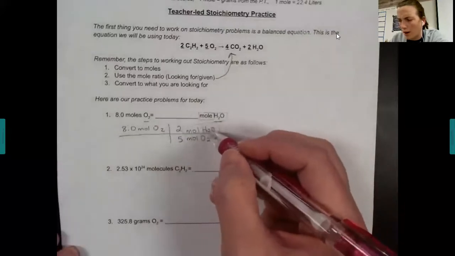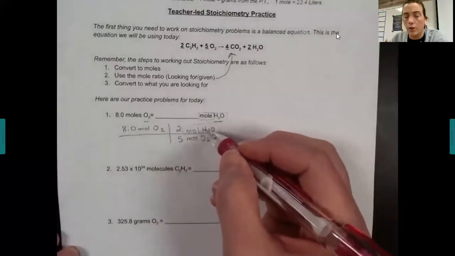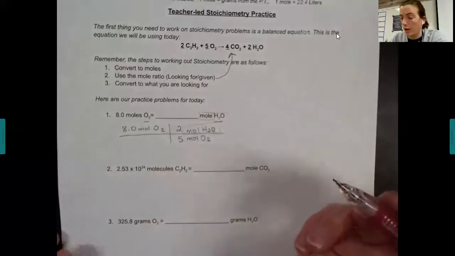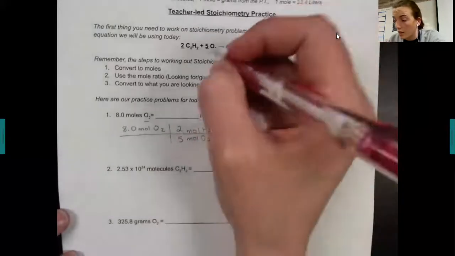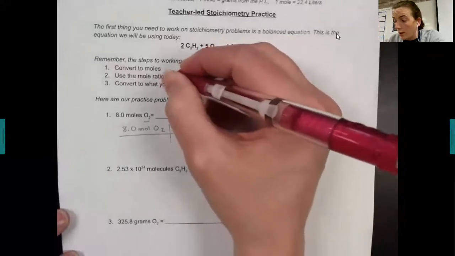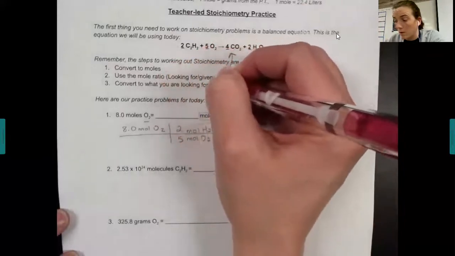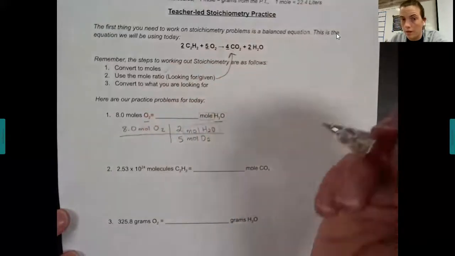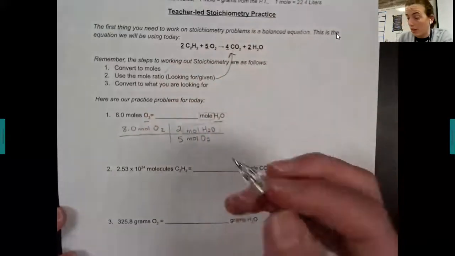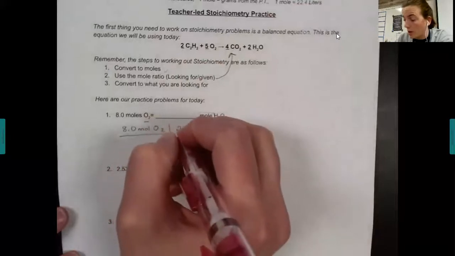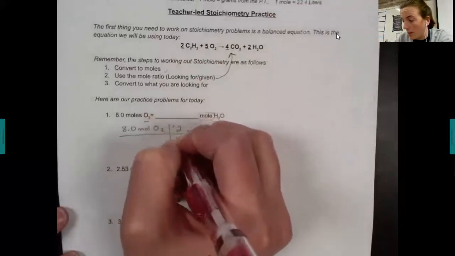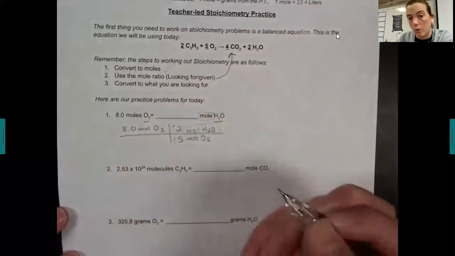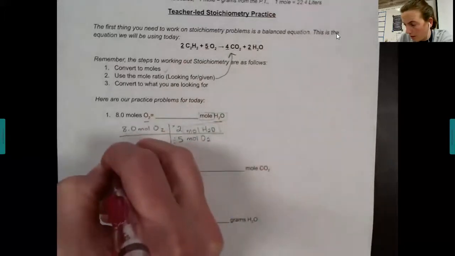Whatever is in the top right of your last track should be whatever unit you're trying to get to. Okay, so for this case, I only really needed to do step 2, so I could go from talking about oxygen to talking about water. When we put this in the calculator, remember, if a number is on top, we multiply, and if it's on bottom, we divide. So the way that we would put this in the calculator